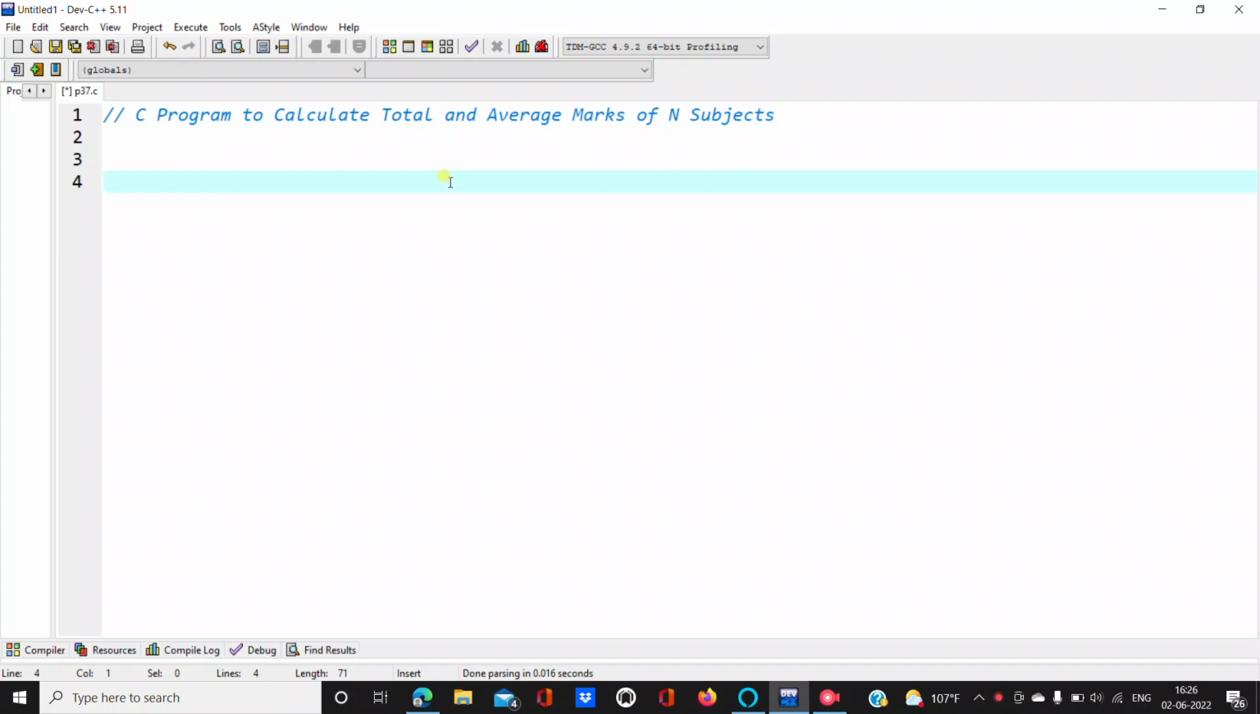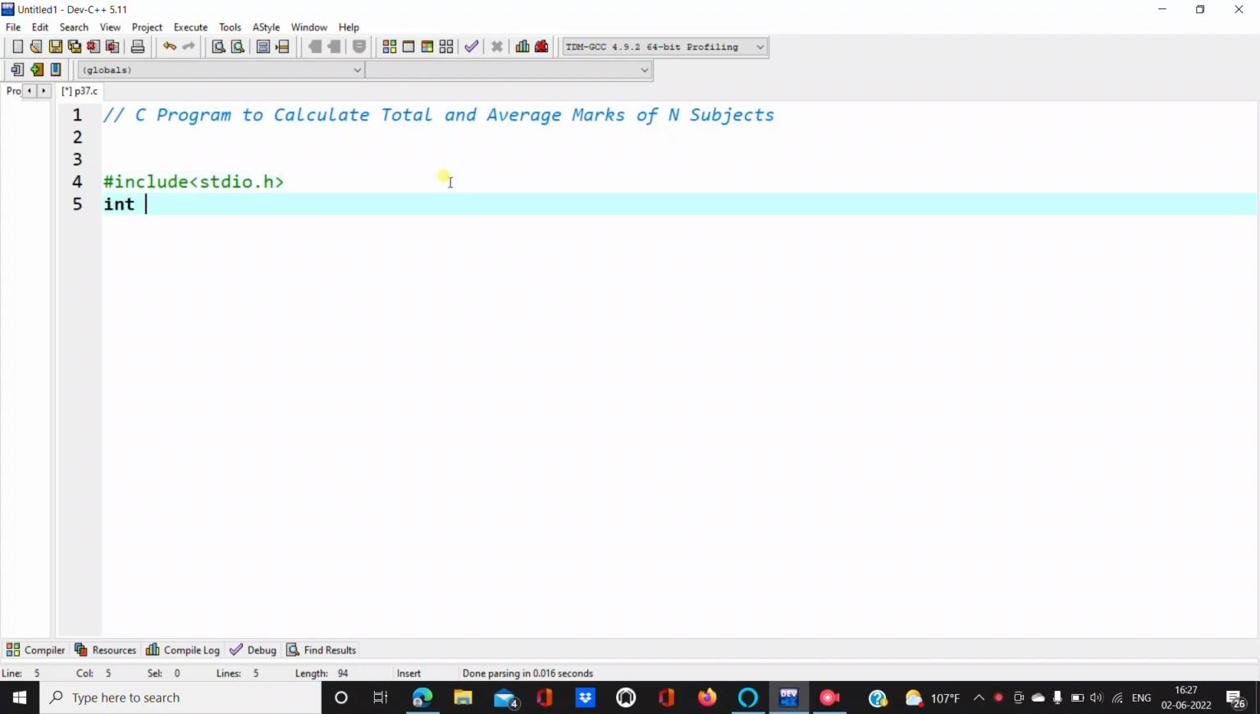So hello guys, our today's program is to write a C program to calculate the total and average marks of a student. So let's start. #include <stdio.h> int main